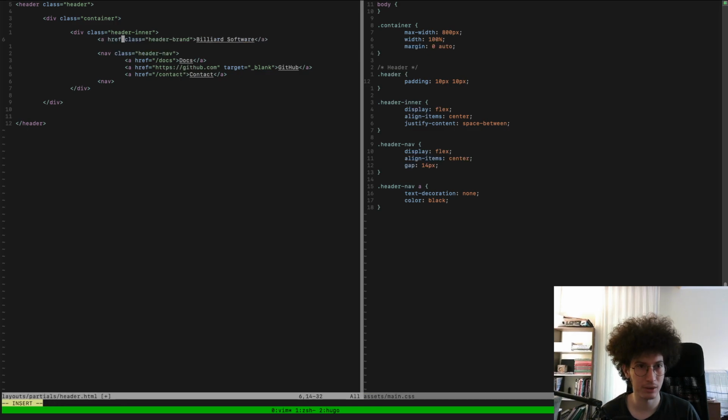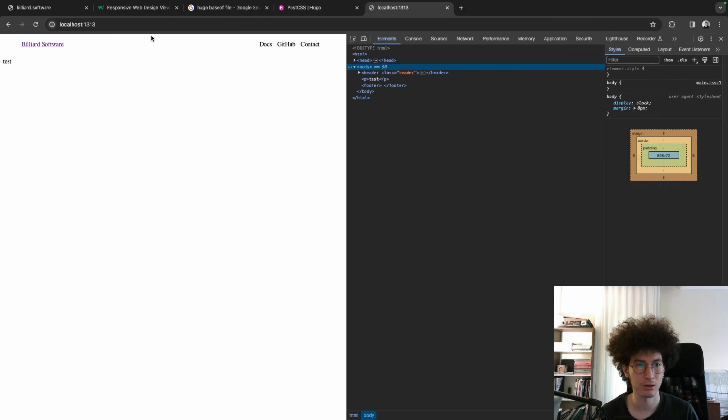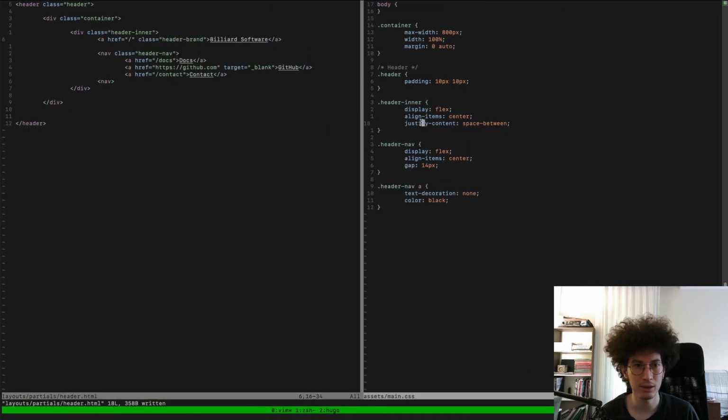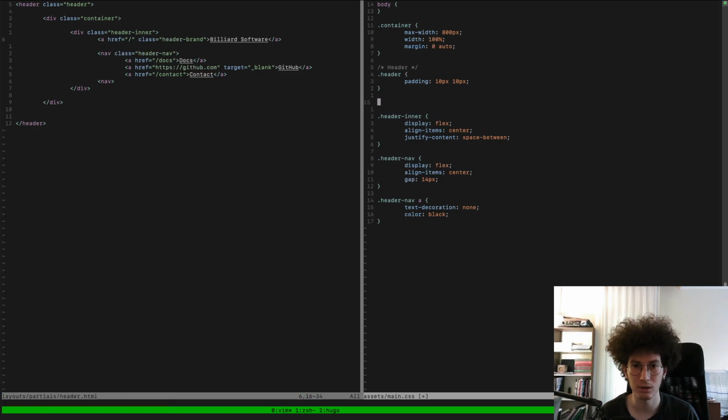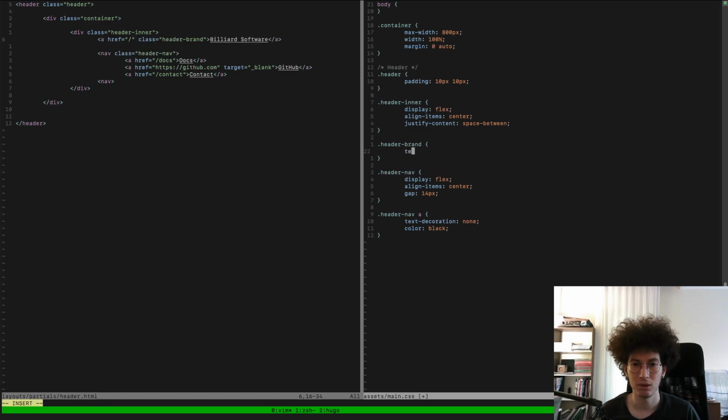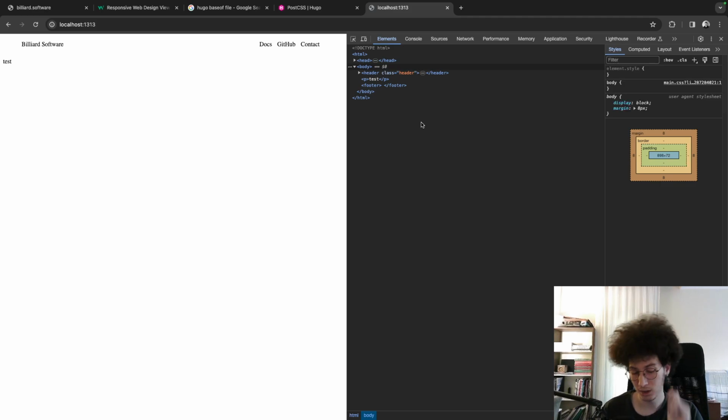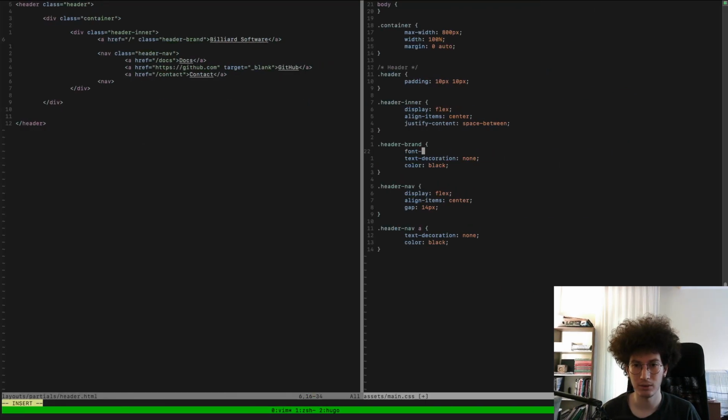And yeah, I should give the Billiard Software text a link to redirect us to the home page. That means I have to style the header brand as well. Text decoration none, color black. Cool. And I want to increase the font size to 18 and font weight bold, maybe 20,